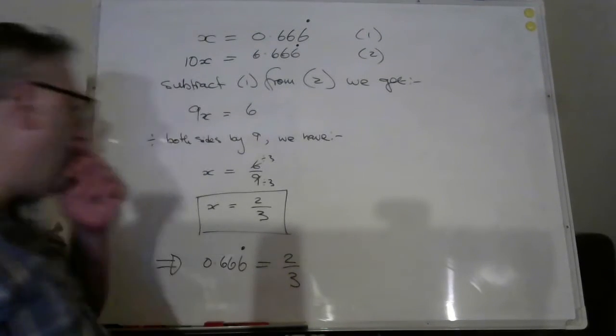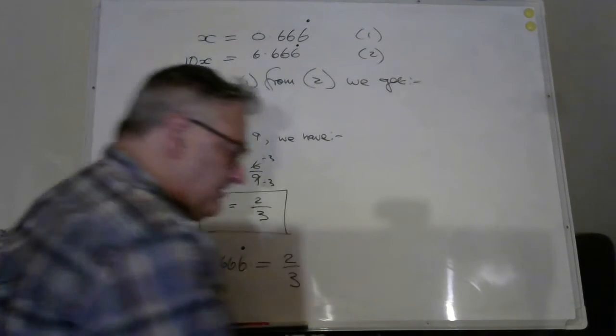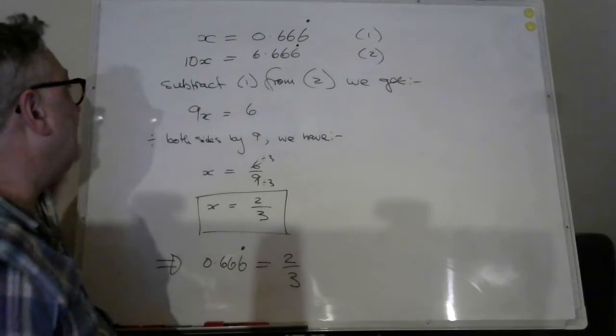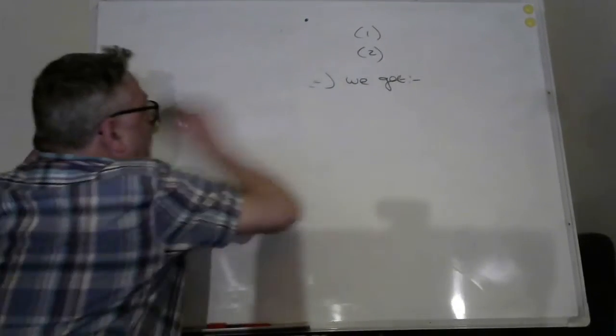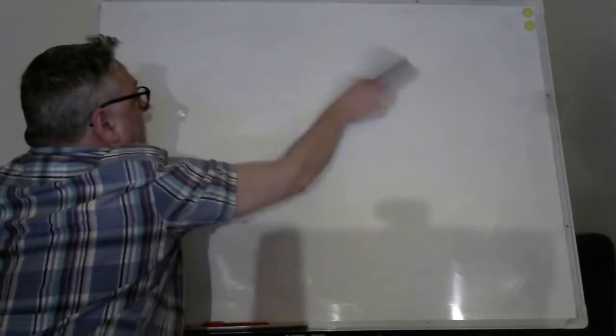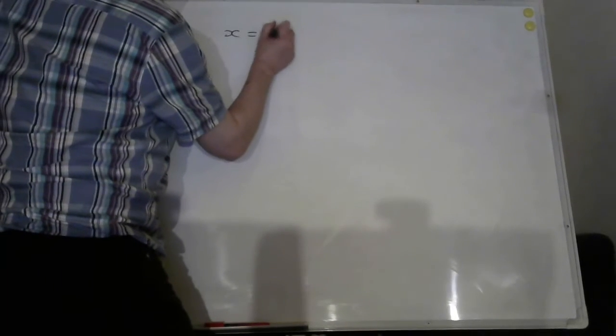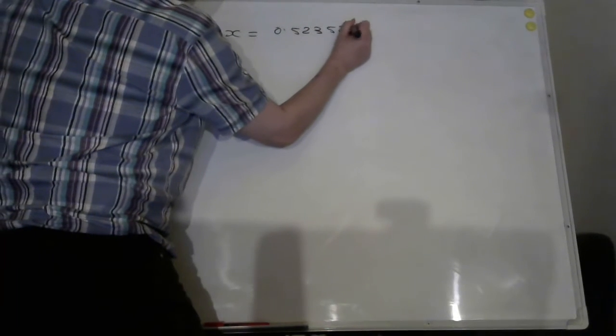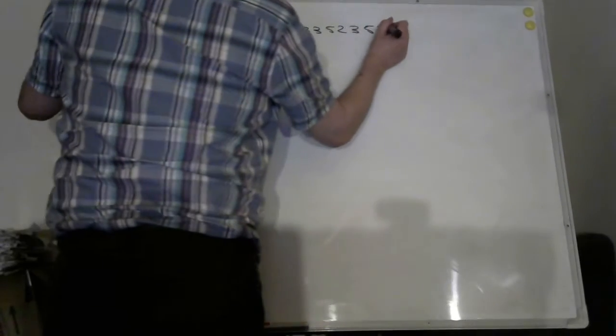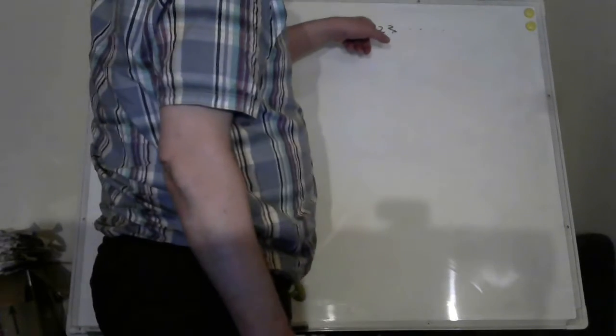And we can extrapolate that to more complicated decimals. So we'll try an example and see if I'm up to scratch for these more involved decimals. So let's suppose we have a number x equals 0.523523523, and that repeats. I'm not quite sure actually how to